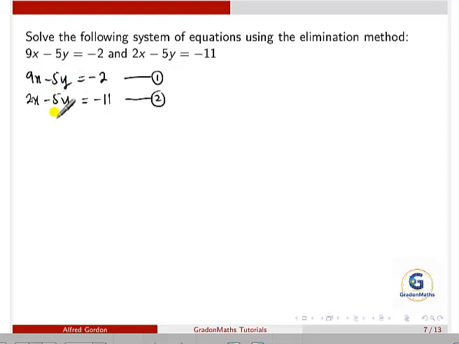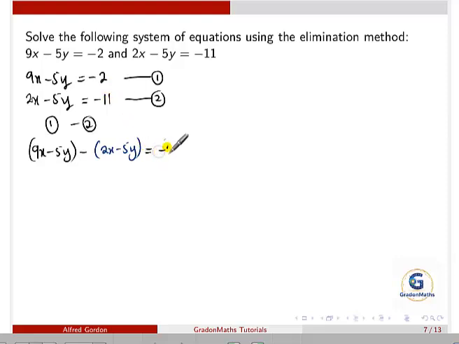Since they have the same coefficients, what do we do? We subtract. So you can do equation 1 minus equation 2, or equation 2 minus equation 1, any of them is okay. In our equation 1 we have 9x minus 5y, minus our equation 2, which is 2x minus 5y, on the left side, and this is equal to